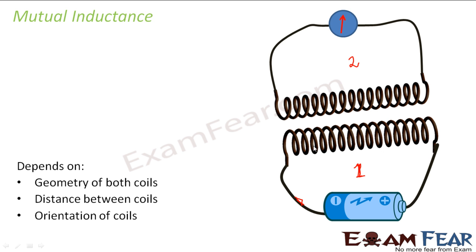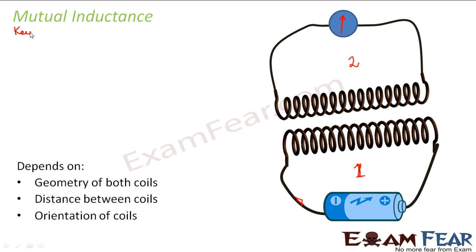Now as current increases through this coil, flux linked with the coil also increases. As a result, flux of coil 2 also increases. Now since there is a change of flux of coil 2, a current and EMF is induced in coil 2. Because of this induced EMF, there is a current which is induced in coil 2. This current induced in coil 2 will be such that it opposes the current increase in coil 1, because the increase of current in coil 1 was the cause of current induction in coil 2. So the induced current in this coil will try to oppose the increase of current in coil 1.